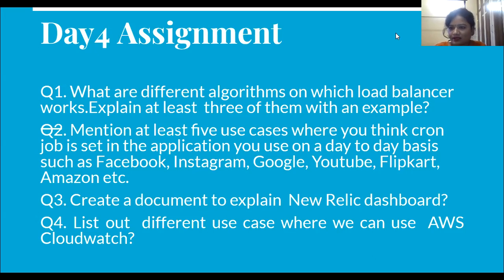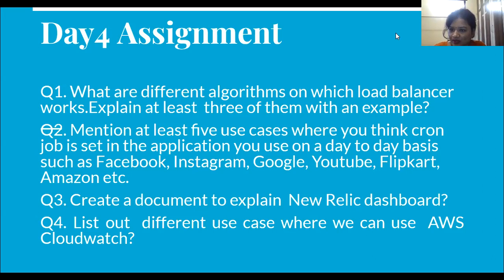As all of us may be familiar with the round robin concept, when the request comes, it is assigned to the server by the load balancer cyclically, that is, in a cyclic way. Let's say we have 3 servers, A, B, C, and the requests are 1, 2, 3, 4, 5, 6.